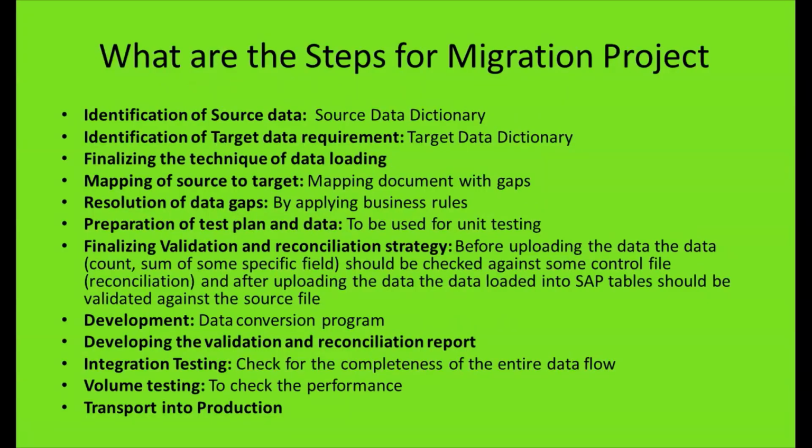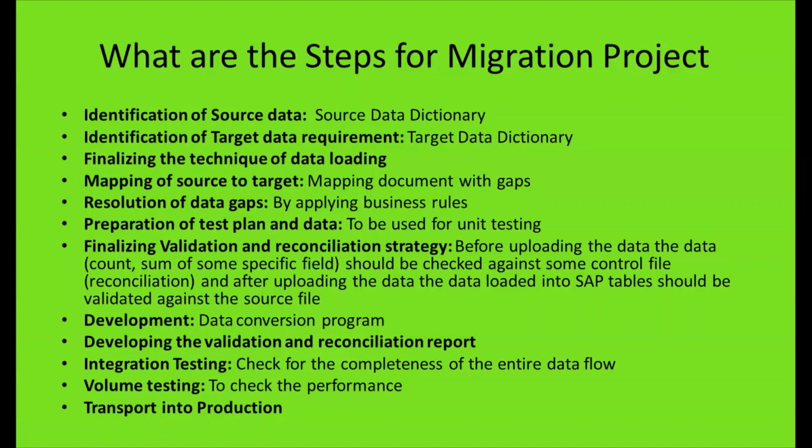Now, what are the steps for a migration project? Migration from SAP ECC 6.0 to SAP S4 HANA 1909 is what I'm assuming. So in this case, we first have to do the identification of the source data dictionary, where the data is coming from, identification of target data requirements, where the target data dictionary is in place, finalizing the technique of data loading, mapping of source to target, mapping document with gaps, resolution of data gaps by applying business rules, preparation of test